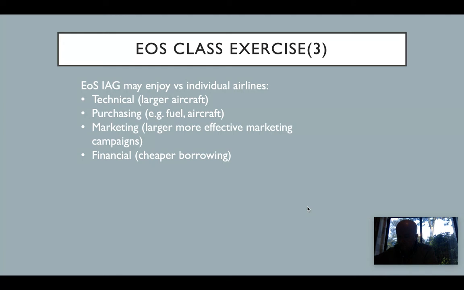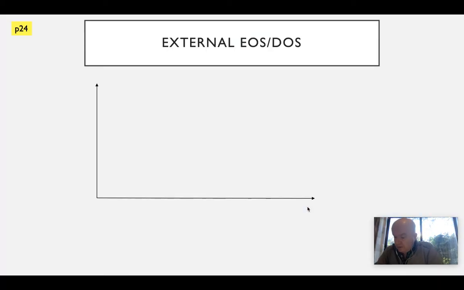as far as IAG is concerned. Okay, so let's move on and look at the next section, where we're looking at external economies of scale and diseconomies of scale. So in this instance, if we were going to draw that out, there is some information within page 38 which shows you external economies of scale, where we're talking about falling average cost of production, shown by a downward shift in the long run average cost curve, and that can be based on a number of things that we looked at previously, where we're looking at the growth of an industry within an area which might lead to better local transport networks, lower training costs, research and development facilities in local universities, component suppliers setting up in your area,